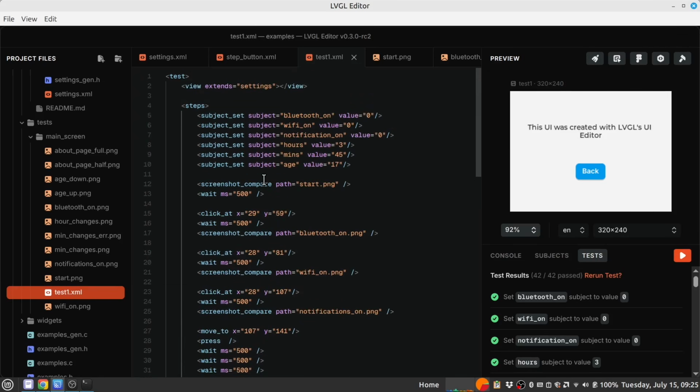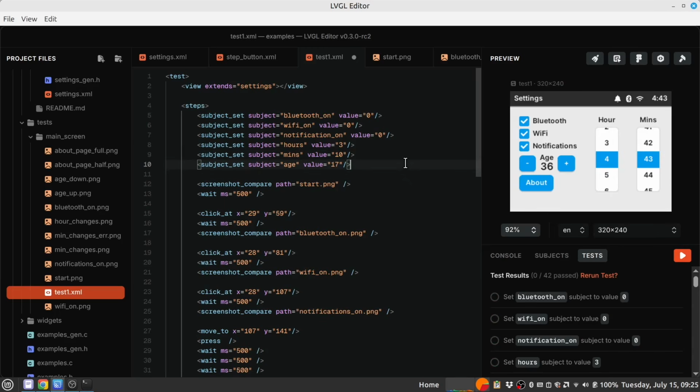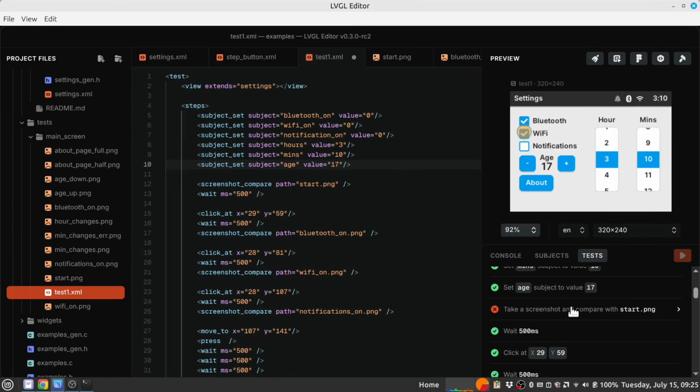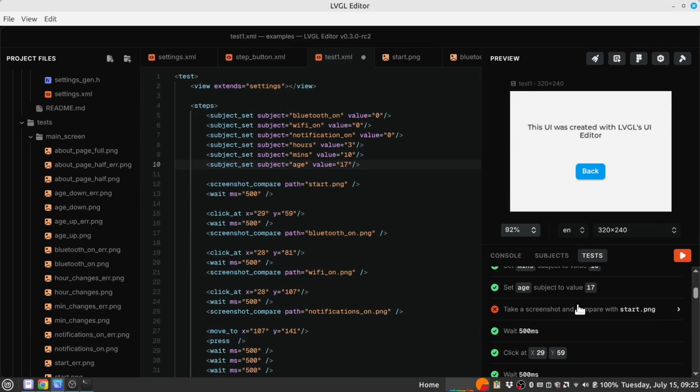If I change only a simple thing, like change the minutes to 10 by default, all the screenshot compare tests should fail because right now the value here will be different. So if I run the test again, the screenshot compare already on the first screen failed. Let's wait until it finishes. If I click on the failed test,